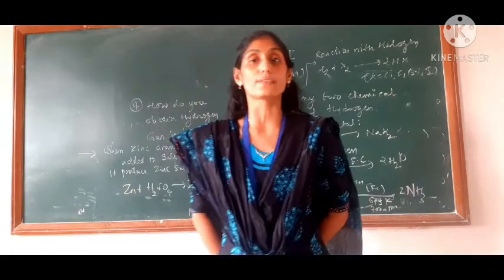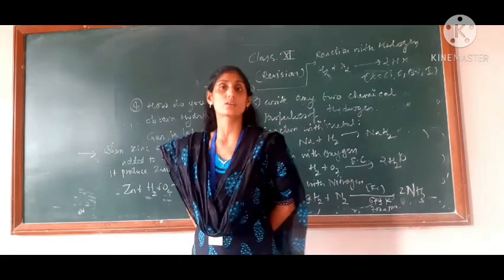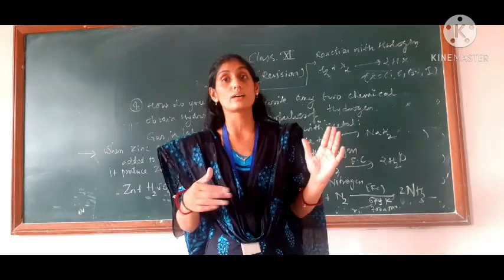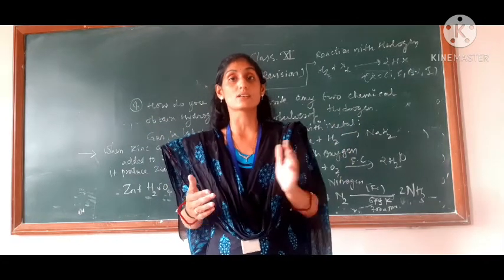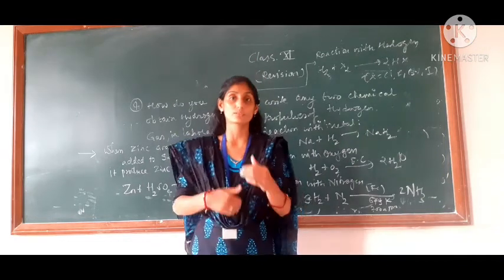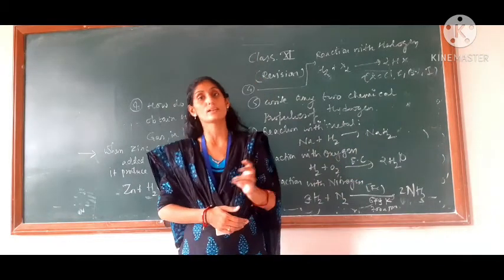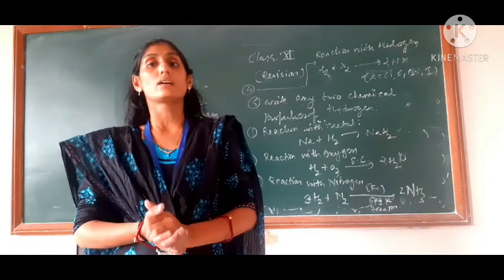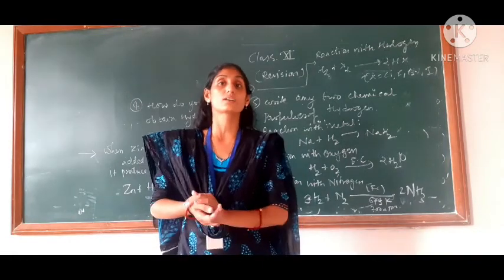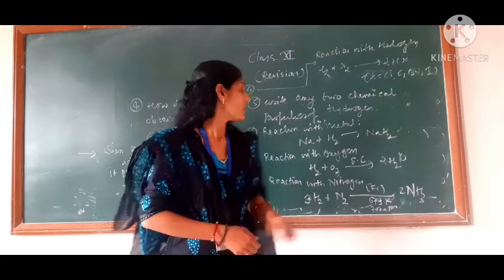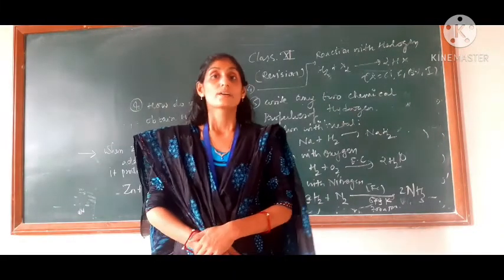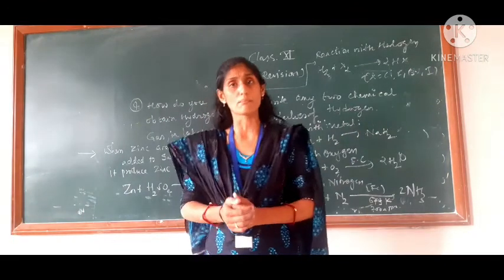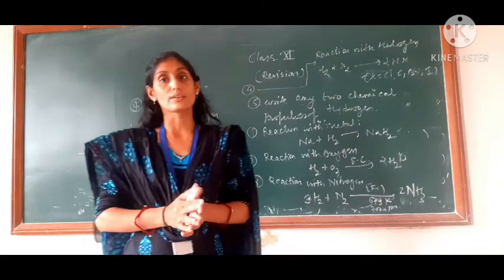Now what are the uses of hydrogen, children? Already we have learned that hydrogen is the most abundant component. वो नेचर में सबसे ज़्यादा it is going to be formed, in gaseous as well as in liquid form. Liquid form of hydrogen is used in rockets as a fuel. Then the components of fertilizers are formed by the use of hydrogen, that means ammonia. It is also used to form laboratory compounds.